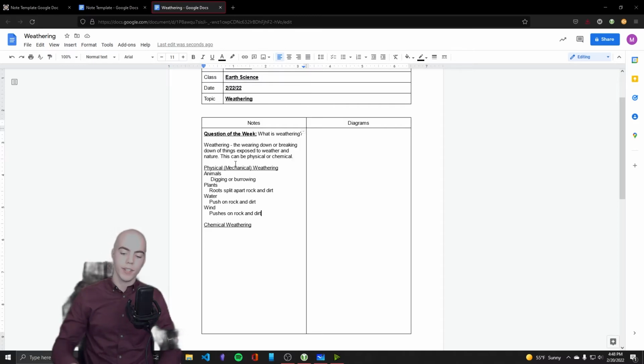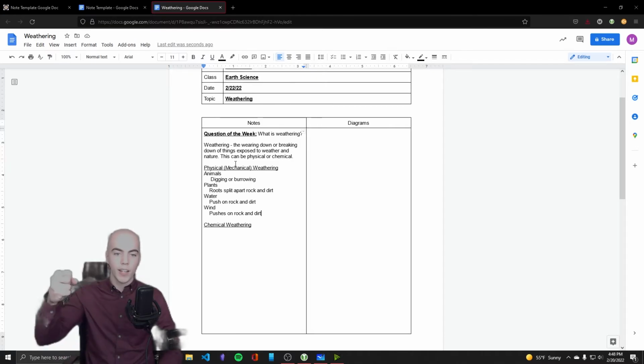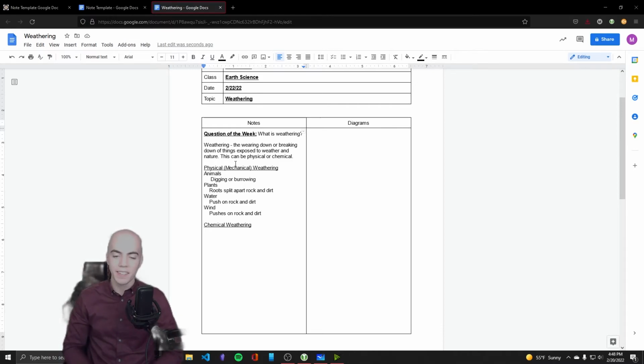You can test this yourself. Take a handful of sand or really loose dirt and hold it up on a windy day. Let go of it. Does it fall straight to the ground? It gets to the ground, but it goes in the direction of the wind too. You could even test the direction of the wind by doing that little test.